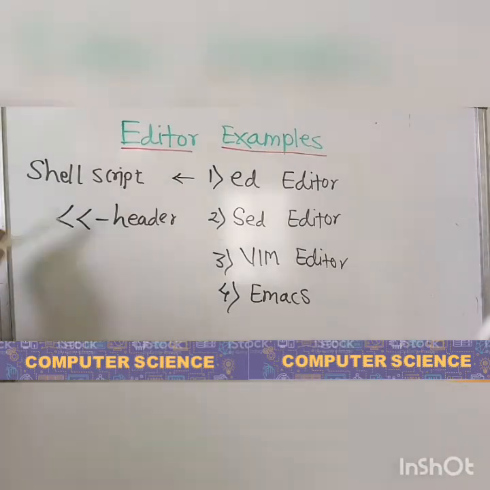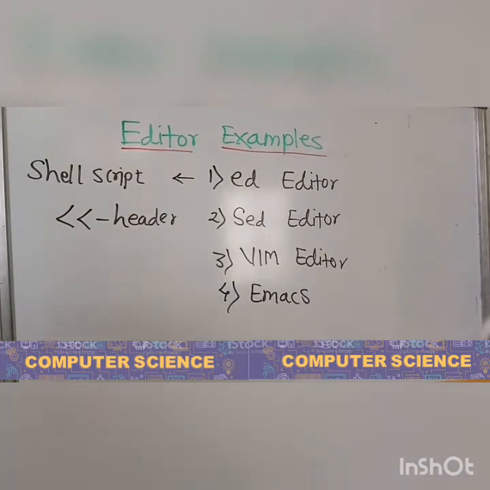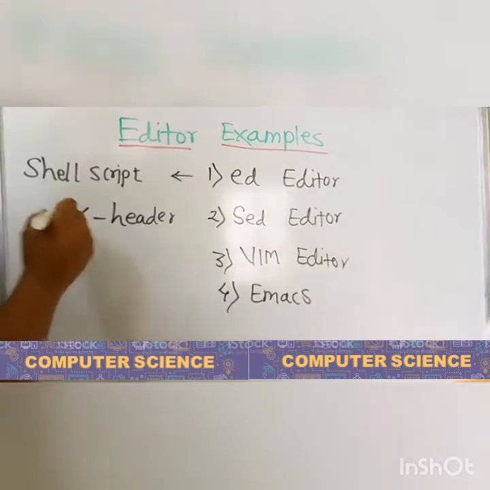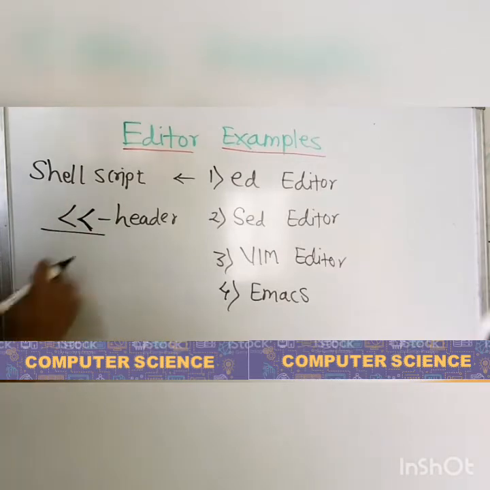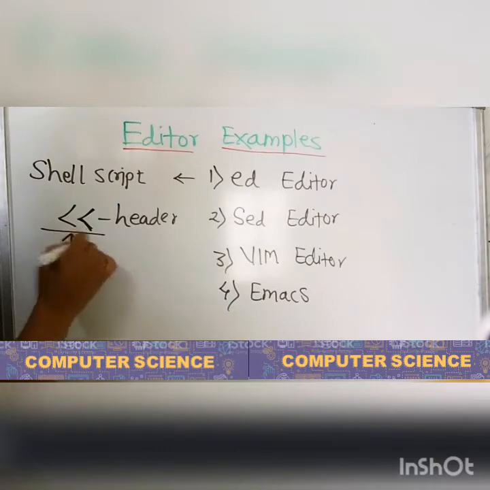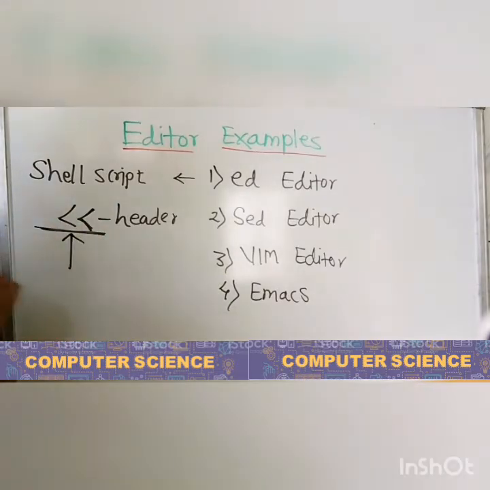The header means double less than, is a shell label redirector used to force the command inputs as a current document. Such a special sequence of double less than acts like a marker, allowing the shell to be informed about the current or here document's ending. Means the shell script will start from this symbol and all the editing or all the process will be done at this level, and for this ED editors are required.